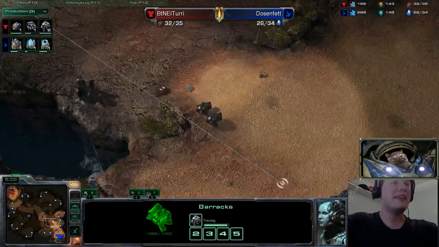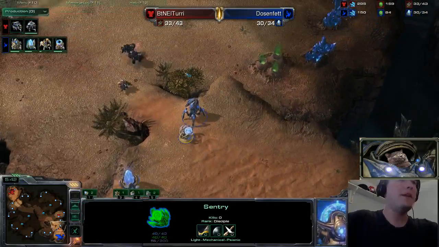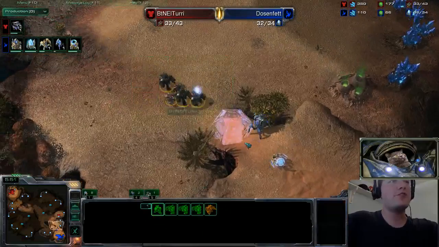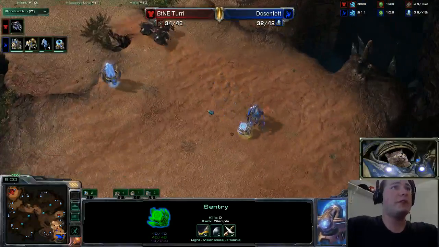Oh man, this is going to be an incredibly intimidating push, especially with that SCV in tow. Will there be a force field on the ramp? Absolutely. But will that be enough to hold back this intimidating push from Turri? He's taken 1 or 2 shots from that SCV, but these Marauders are so very bulky that as soon as that force field expires, these Marauders are going to push up here, and this is going to be bad